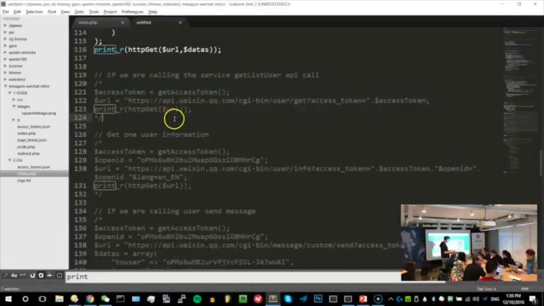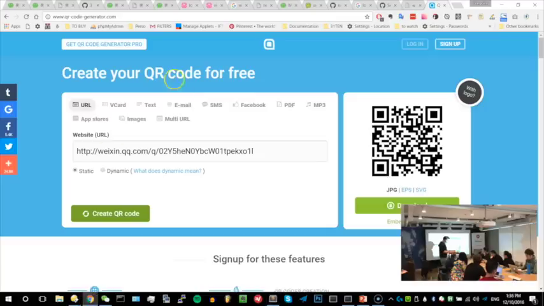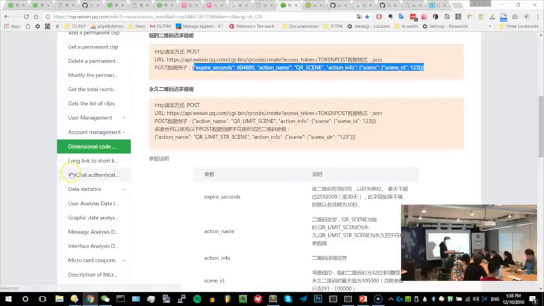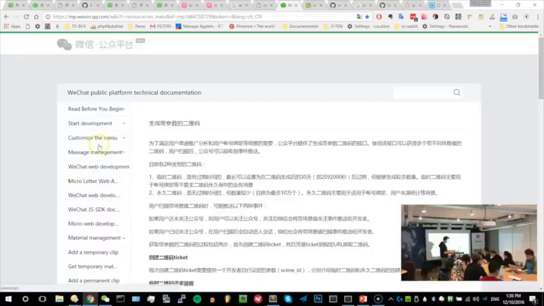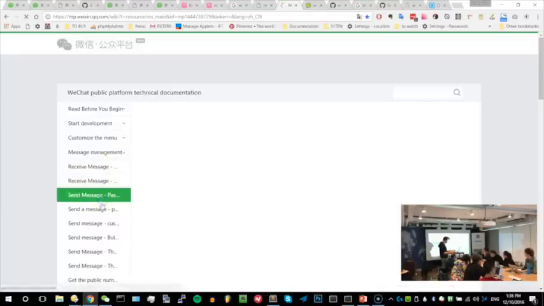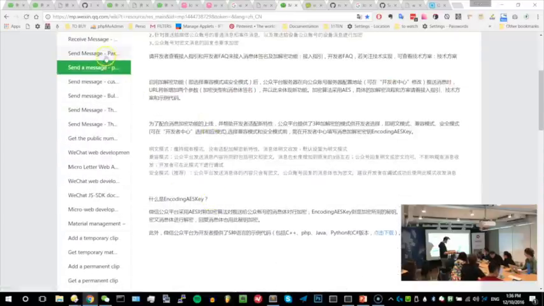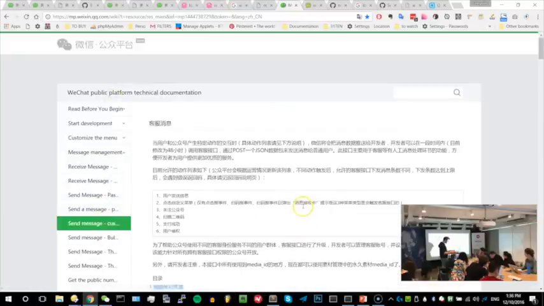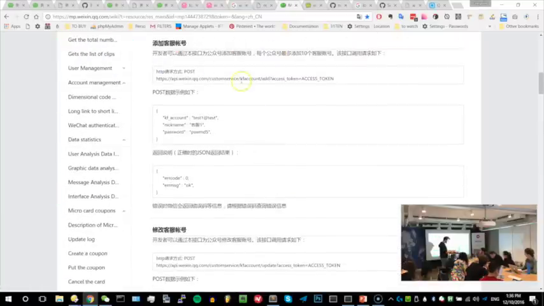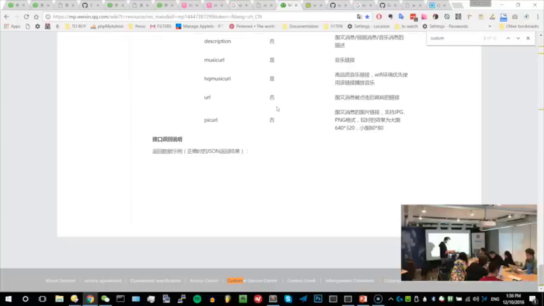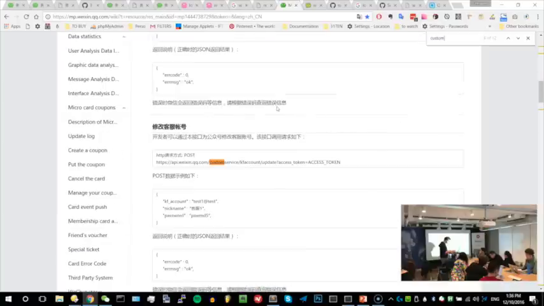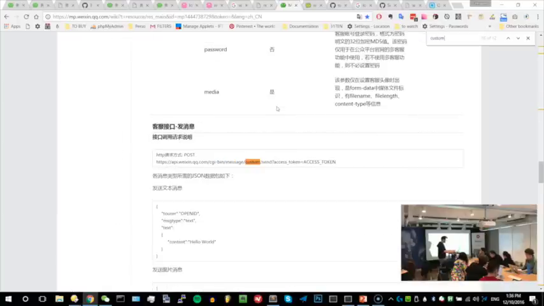Let's see how we can send a message. So I'm going back to the documentation and going inside send message. Is this one? Oh, this one. Custom. Yeah. No. Nope. Nope. Nope. Yeah, this one. Once you explore the documentation a bit, you realize that this is the call you want. Okay, so let's see what they want.